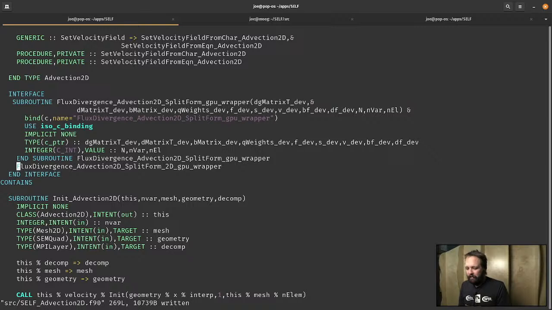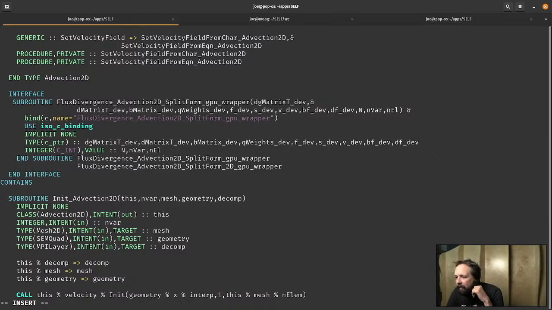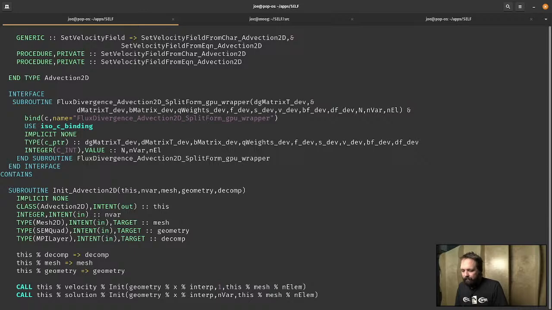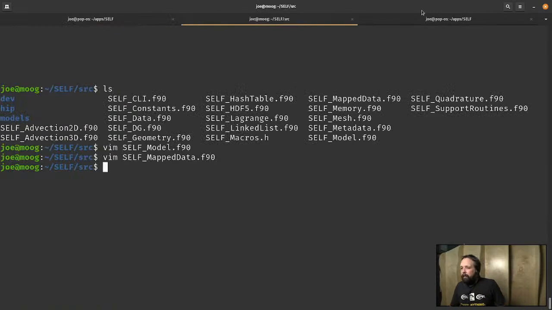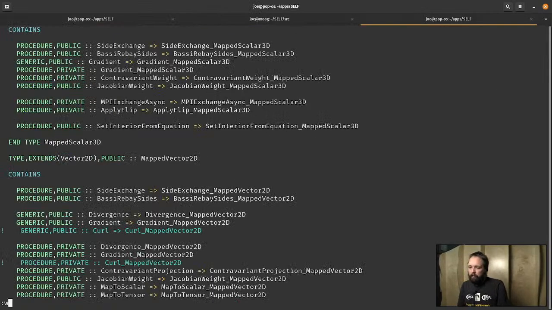I'm just curious to see what I messed up here because something's not lining up. Yeah, I got 2D written in there twice, of course. All right, let's give that another go. While that's building, I want to show you how this ends up working when you write a